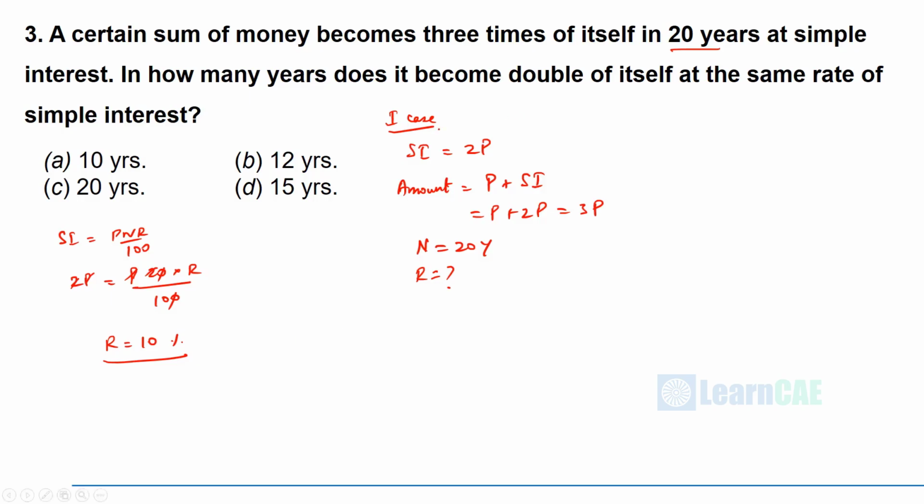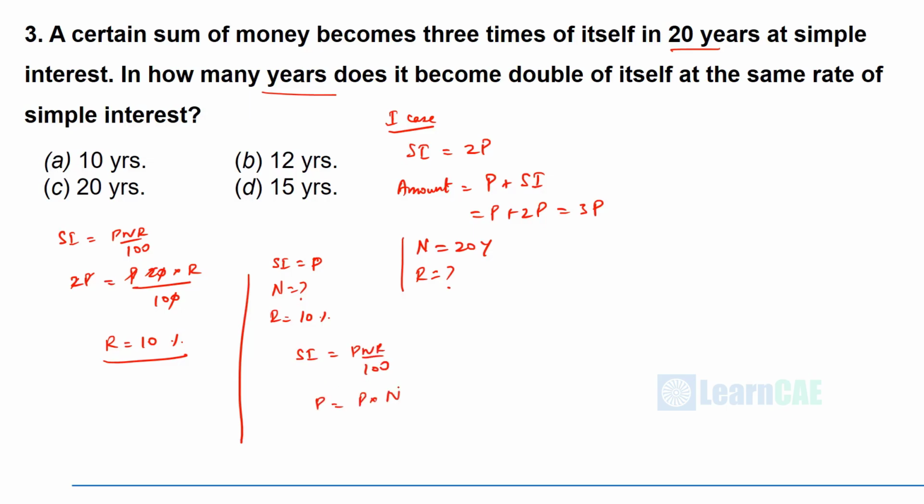Now they are asking in how many years it will become double. Okay. So now N is what you have to find out. R is equal to 10% and simple interest is equal to P, because now it is becoming double. Therefore simple interest is equal to PNR by 100. SI is P, which is equal to P